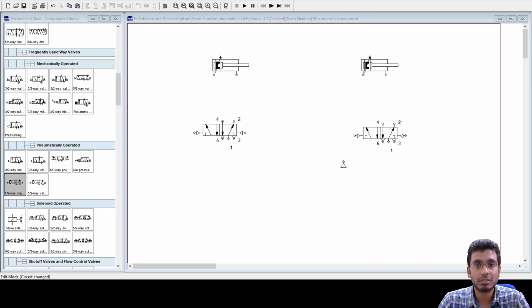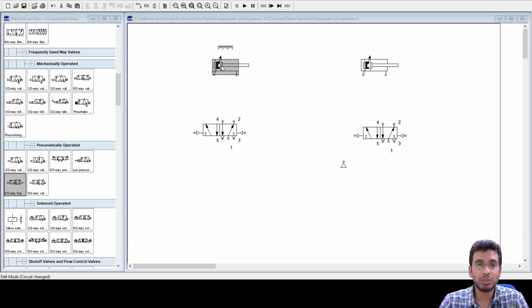Of course you need to detect the end positions of both the cylinders.